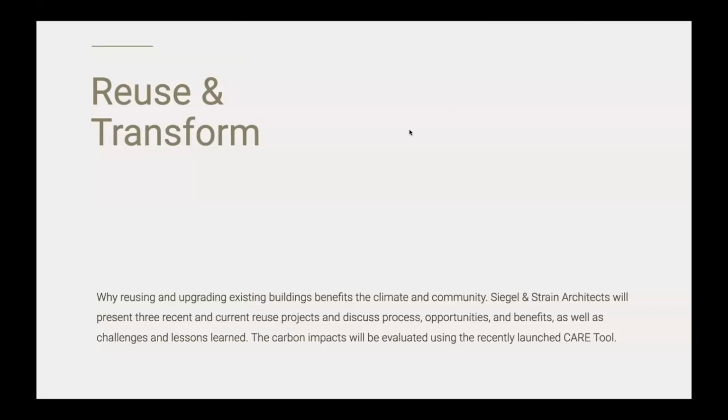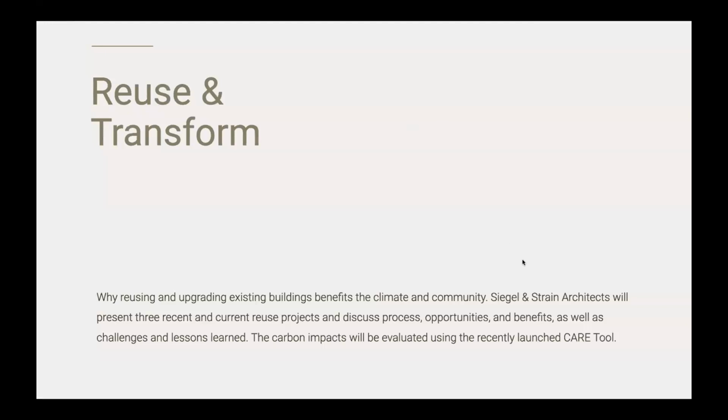So good afternoon. It's great to be here. We're going to talk about reusing and upgrading buildings and why that's critical to climate strategy. We're also going to talk about why we have to transform the buildings we live and work in. Most building owners and users don't reuse buildings to save carbon. They do it because they love the building, they can't afford to build a new one, or because it's a piece of the community that's important to save. We're going to talk about the improvements that capture the imagination, increase use, and make a difference in people's daily lives.